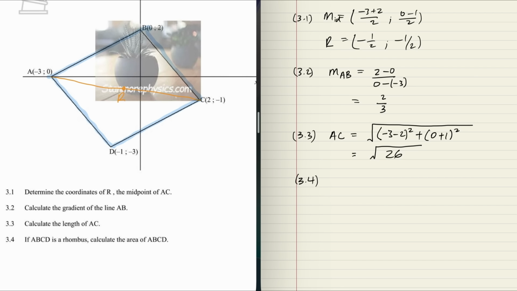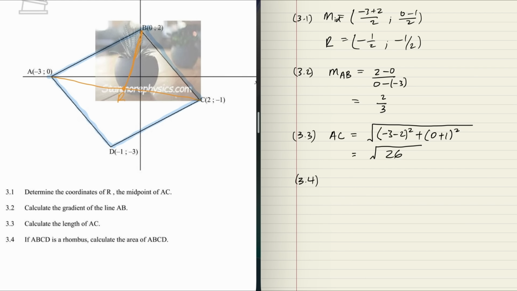Okay, so there's some things that we need to decide on here. So we can calculate the length of AB, right? And the length of AB will equal the length of BC and CD and so on. But what would be more useful, because remember we want to calculate the area, we should calculate the length of this BR, right? And the reason why we should calculate the length of BR is because one of the properties of